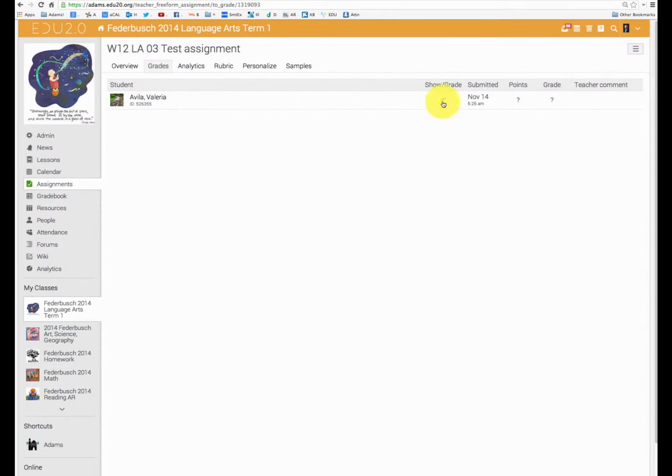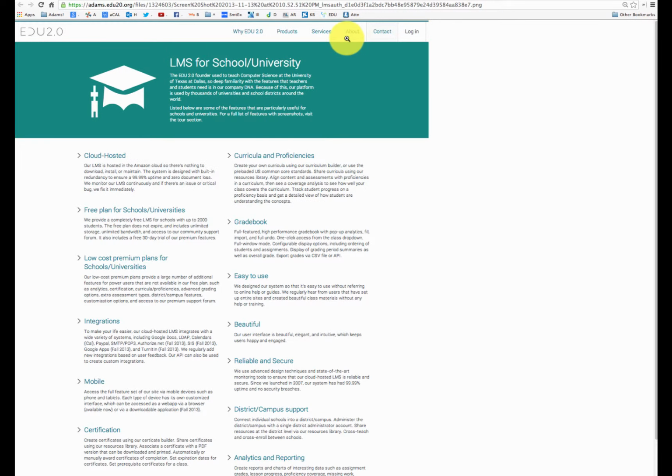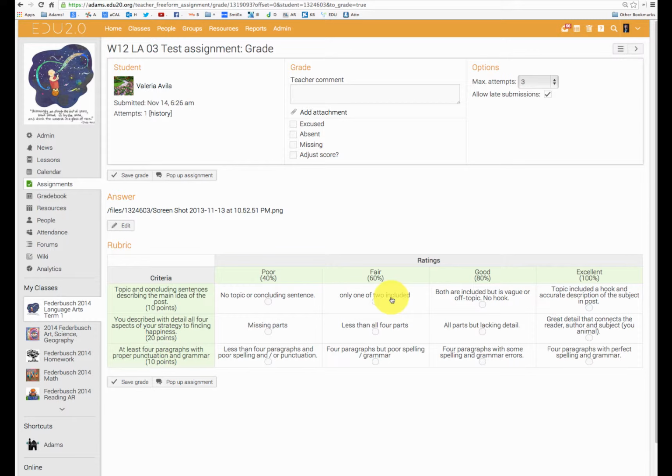If I click on that and I say grade, it'll show me the screenshot that she's attached. And if I just click on it, it shows me that screenshot. And that's very helpful, especially for the writing. I often have them upload a picture of their outline. So if they're writing, if there's a problem with their writing, I can see if it was a problem with their planning. So I look at their outline, and it helps me gauge where they made the mistake and gives me better feedback opportunities.